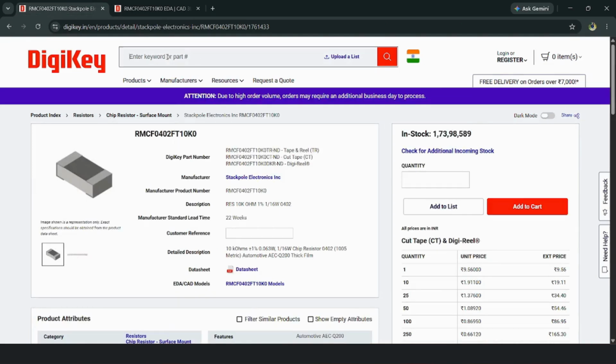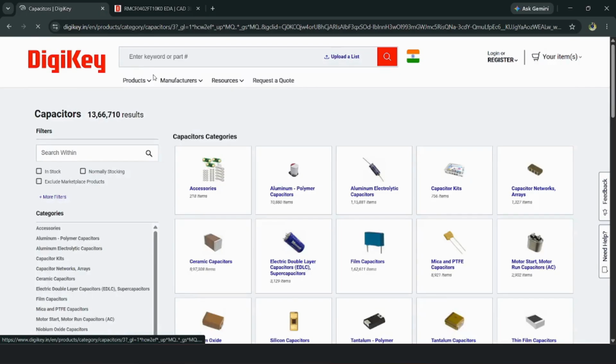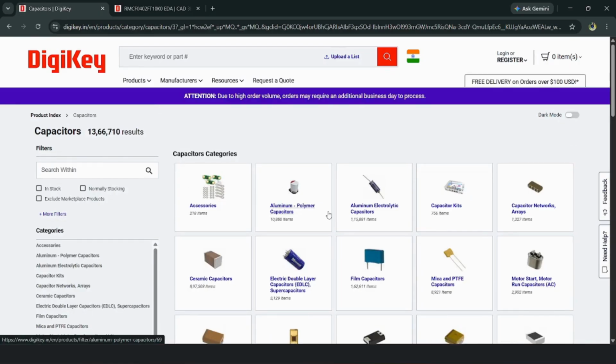That's why I am recommending to you to use it more frequently, whether you want to purchase from it here or not. But it is very good for you to basically understand any kind of component you want. For example, you want a capacitor, so you just write capacitor and search it like this, and you will see there are lots of capacitors available. And exactly what specific value, what specific terminology, what specific category of capacitor you want, you can find out